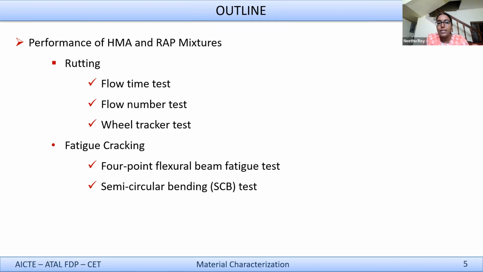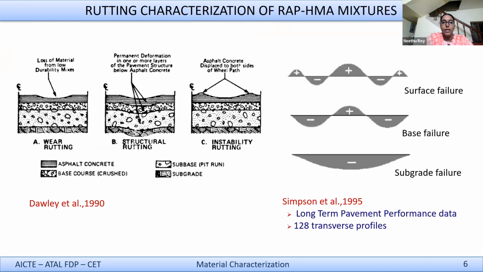So all these tests are laboratory scale tests which can be conducted in a couple of hours, which is supposed to give you some information on how the mixture is performing in the field, or there should be some way to correlate that information to the field response. So let us look at the rutting characterization of